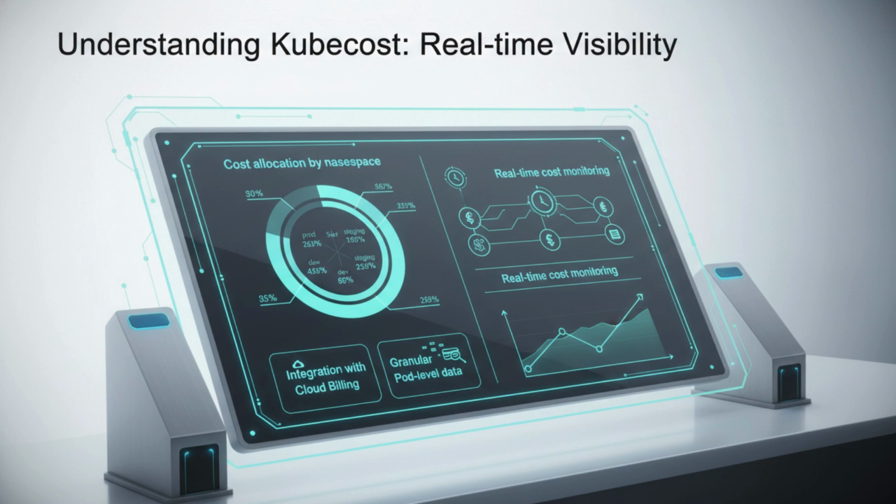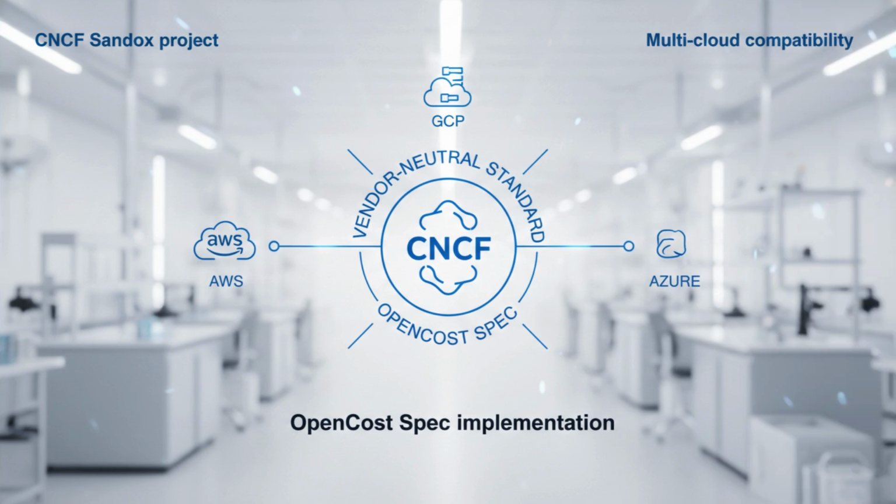By using the Kubecost dashboard, teams can see exactly how many dollars are spent per day on specific microservices. It also integrates with external cloud billing APIs to provide an accurate, true cost that includes spot instance pricing and enterprise discounts. While Kubecost is a commercial product with an open-source core, OpenCost is the underlying open-source specification and project